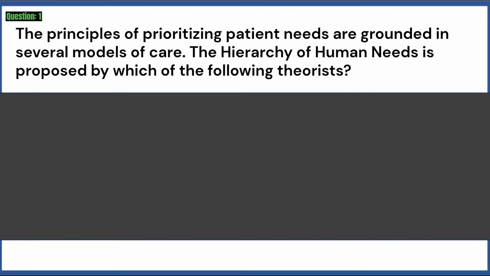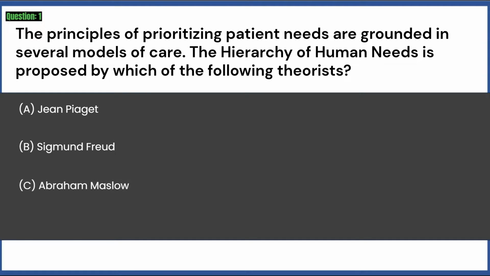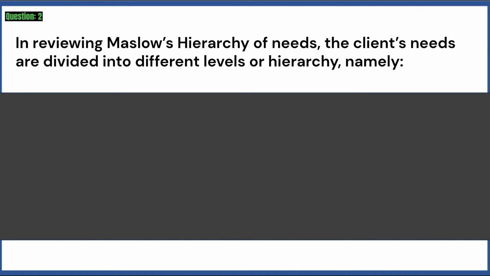The principles of prioritizing patient needs are grounded in several models of care. The hierarchy of human needs is proposed by which of the following theorists? A. Jean Piaget. B. Sigmund Freud. C. Abraham Maslow. D. Halbert Dunn. Answer: C. Abraham Maslow. In reviewing Maslow's hierarchy of needs, the client's needs are divided into different levels or hierarchy, namely